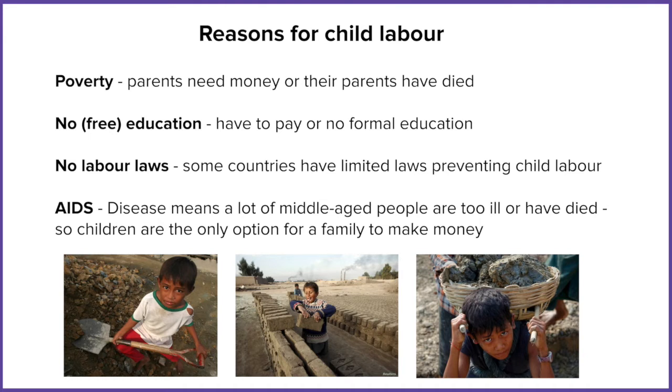One of the biggest factors for child labour is the fact that these people are living in poverty. Child labour tends to happen in LICs, although some child labour does happen in HICs as well, but less well documented. So if parents are earning very little in the way of money, then the use of their children to earn money as well is going to supplement their income. But poverty also links into the other factors that you can see on the screen as well.